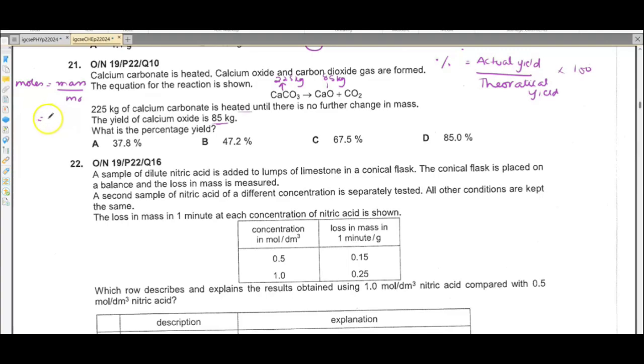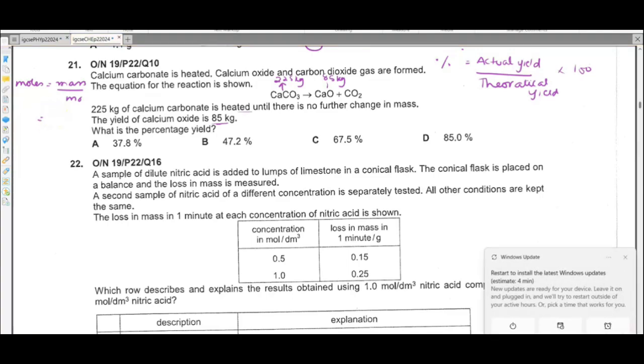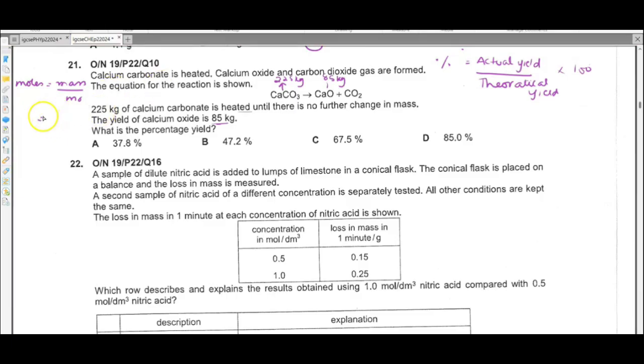I think what we need to do is that we should convert. So the mass over here is given in kgs. You can convert it into grams, or you don't even need to, because the actual yield is also in kgs. But let's convert it into grams. Not a big deal. 225, and we are going to write 1000 because we've converted this kg into grams, by Mr of this, which is 100. So this is going to give us 2250 moles.